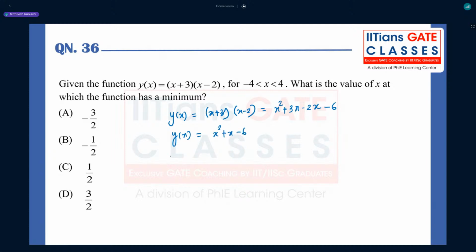What is y dash of x? It is 2x plus 1. And if we equate it to 0, what is the value of x we get? x is equal to -1/2. So at least we got the value of x at which the function is either minimum or maximum. Let's check whether it's a minimum or maximum. So in order to check that, we again